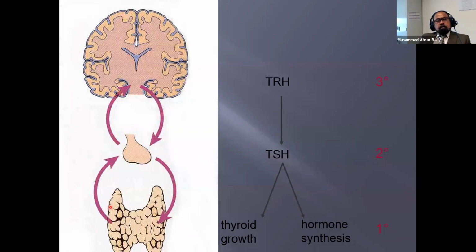Okay, so if the thyroid gland is producing an ample amount of thyroid hormone, it gives feedback to the pituitary gland and also to the hypothalamus not to secrete more thyrotropin releasing hormone. So it's a complete feedback mechanism which stops secretion of TRH, TSH, and no further release of thyroid hormone.